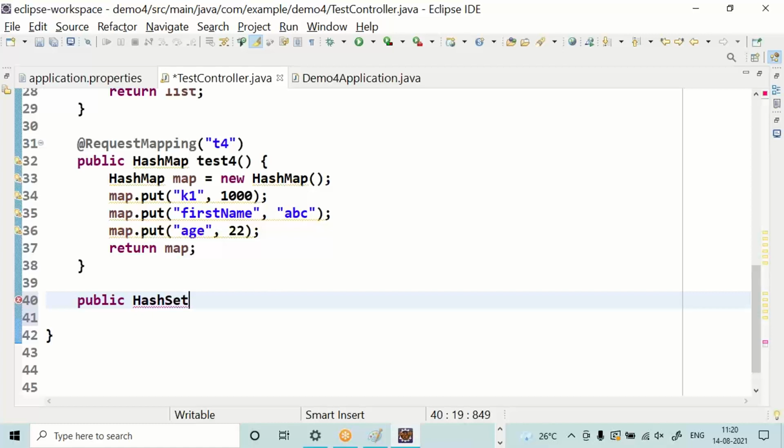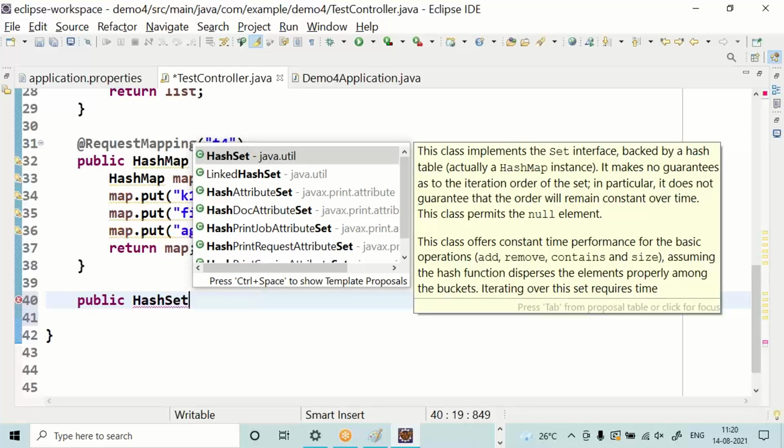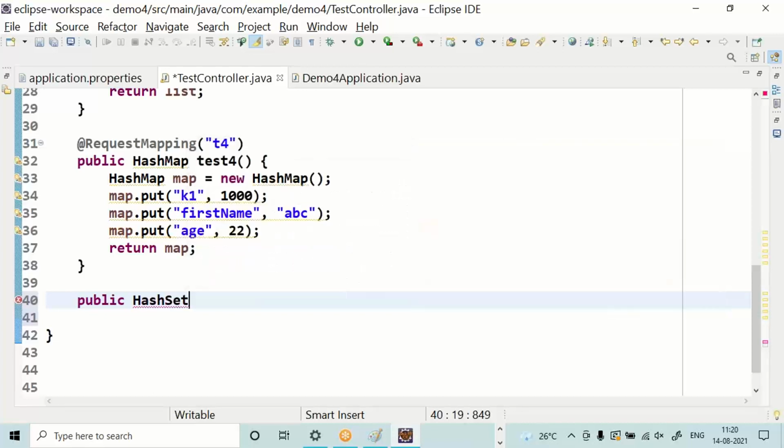Control space bar. Press enter. Control space bar. Press enter. Remove the angle brackets.